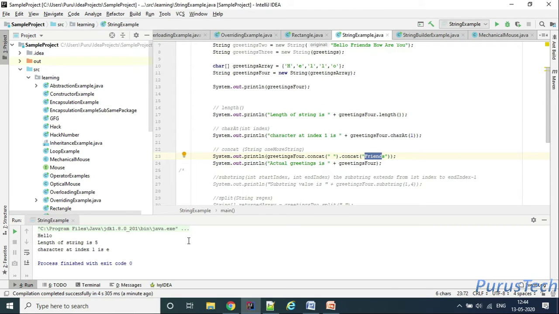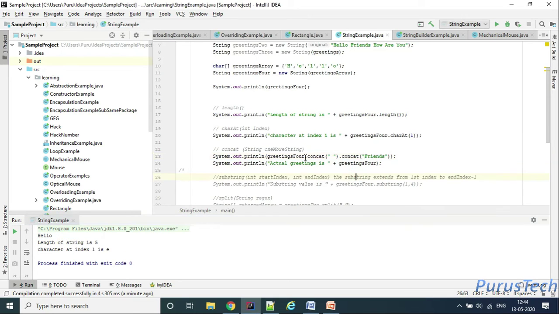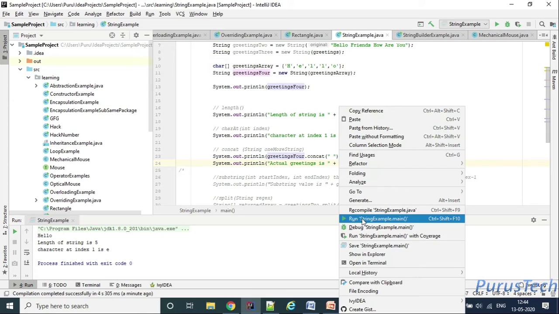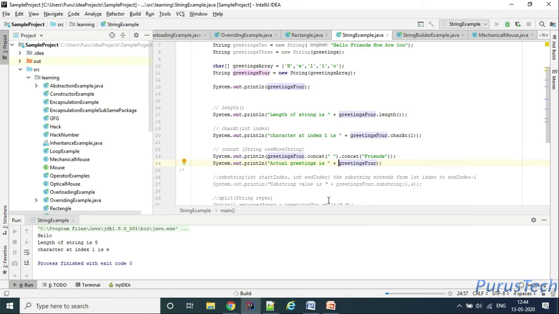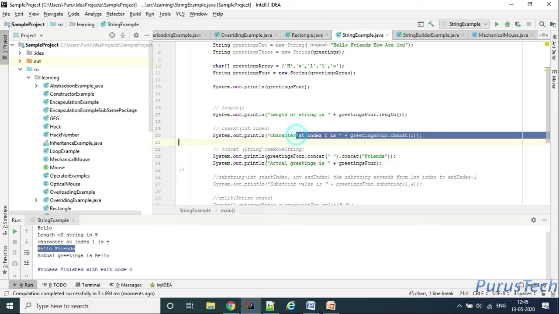As of now, the existing string is hello, and this string will be appended after hello. Let's run this and see. As you can see, after character at index, it is printing hello friends.